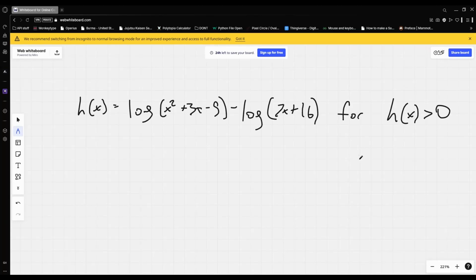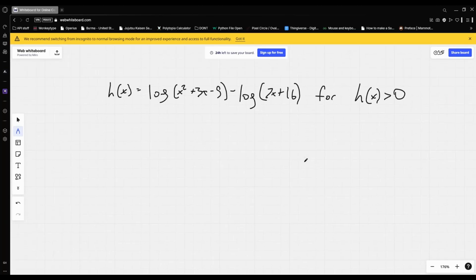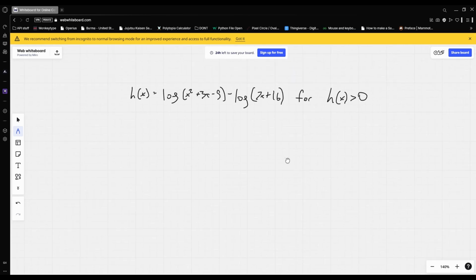Okay, we are going to be going over log inequalities, which are fun for everyone. We all love log inequalities, right? Yeah, we love these. Okay, so